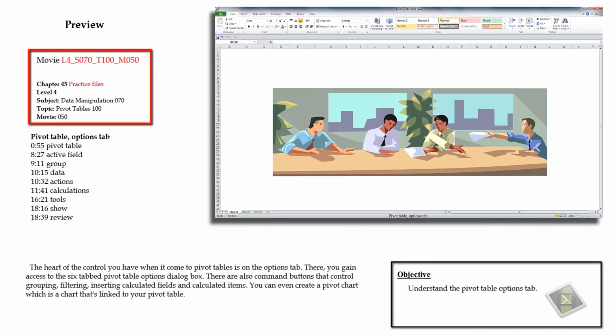So this movie is on the Pivot Table Options tab. We're going to begin in the Pivot Table group where we have access to the Pivot Table Options dialog box. It has 6 tabs on it that gives us a lot of control over what happens in our pivot table. And then we're going to go to the Active Field group where we can rename the field and use the